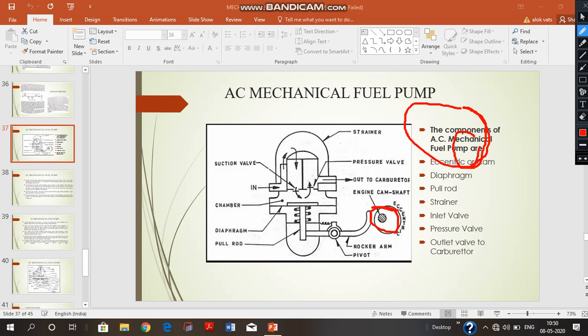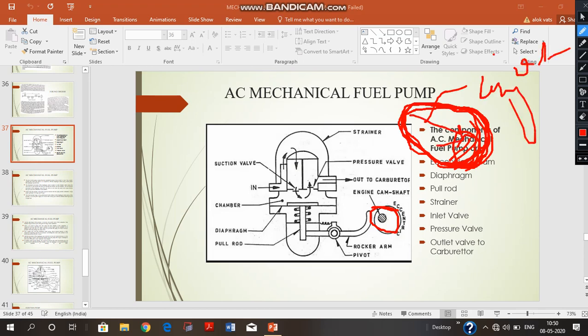It is a full-fledged cam profile, but for the purpose of simplicity, we can say this is the protruding portion of the cam, and this portion of the cam has a minimal radius while this portion is protruding in nature. Protruding means coming out. When this portion, which is slightly larger, comes in contact with this rocker arm, and supposing our cam is